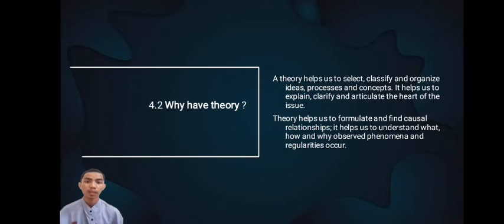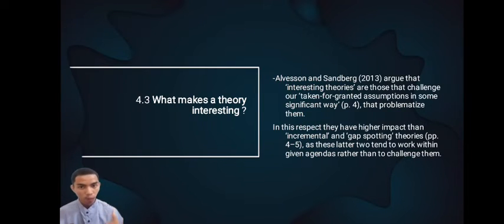A theory helps us to select, classify and organize ideas, processes and concepts. It helps us to explain, classify and articulate the heart of the issue. Theory helps us to formulate, find causal relationship. It helps us to understand what, how, and why observed phenomena and regularities occur. And the next is, what makes a theory interesting? Alvesson and Sandberg